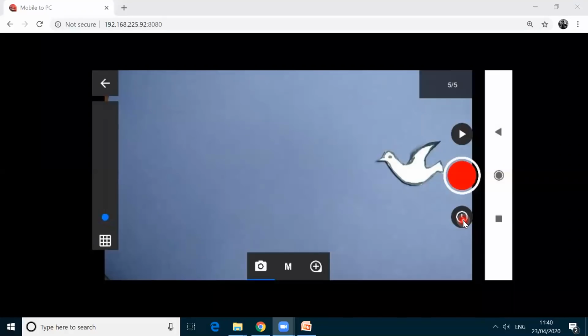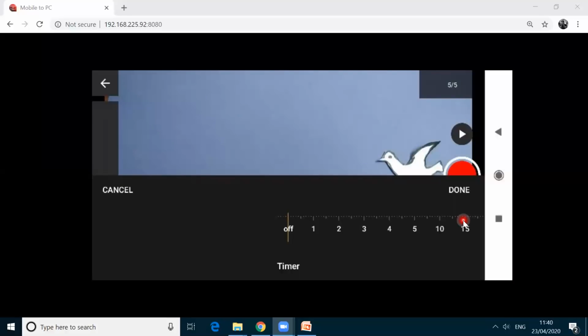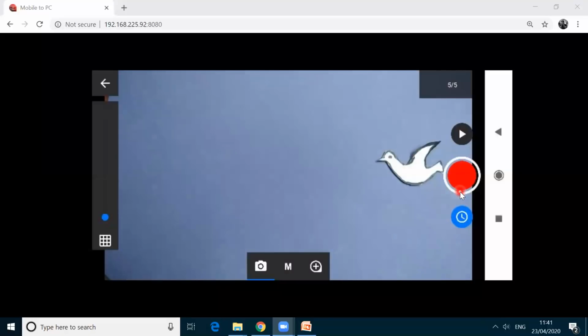I am clicking this timer option. It is off. Here I am moving this one. So this one is seconds. I am moving this one to 5 seconds. It means the photo gets captured automatically after each and every 5 seconds. Right. I am selecting this 5 seconds, and then I'm going here, and then I'm clicking this done. Okay. See here. When I'm clicking this one, the time runs automatically. See here. It is running. And then I'm moving.